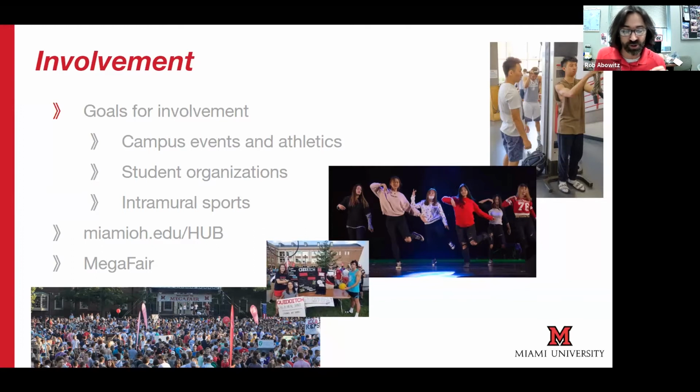We know that students who are involved on campus feel more connected to campus. They're more likely to persist and succeed, and they have a higher GPA. Students who are involved in student organizations have a higher GPA than those that don't participate. So there are several ways for you to get involved